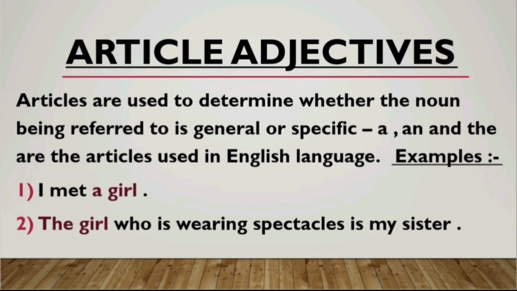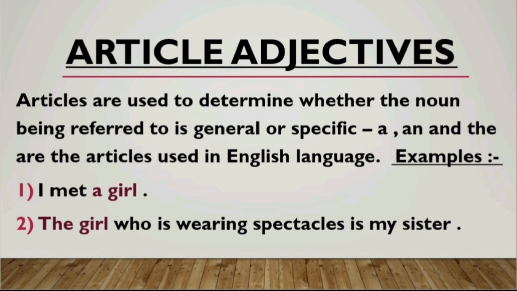You must be wondering how could an article be an adjective, right? So, to answer this question, let me first introduce you to the basic function of adjectives. Adjectives are describers. You already know that it describes noun and pronoun, right? An article is a determiner, okay? It is determining, it is pointing out, right? It's not describing. So, therefore, article adjectives come under the category of determiner adjectives that perform the task of